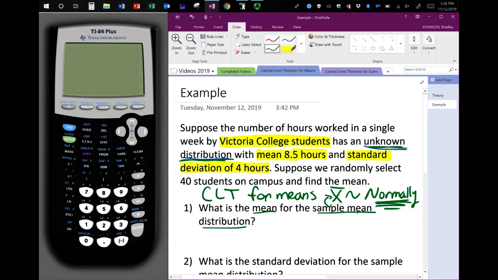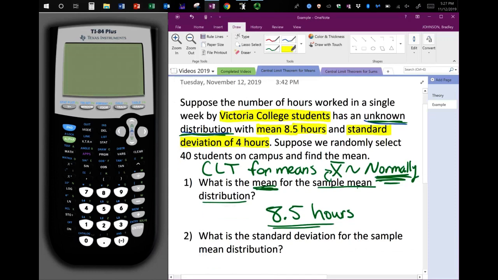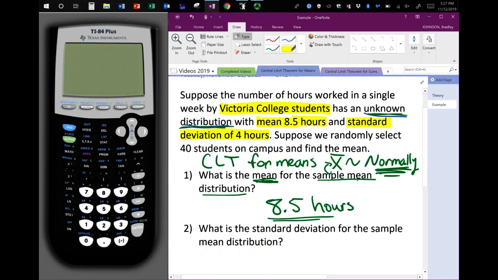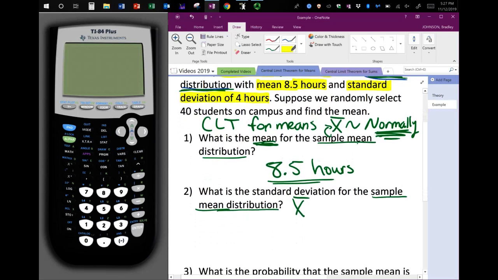This is distributed normally, and what we know with the central limit theorem for means is the mean stays the same as the population mean. The population was Victoria College students, and that mean was 8.5. So 8.5 hours will be our mean. It stays the same. Okay, but what changes, and we talked about this a little bit in the theory, is that the standard deviation gets smaller. The standard deviation for the sample mean distribution, X bar, which is distributed normally, you have to